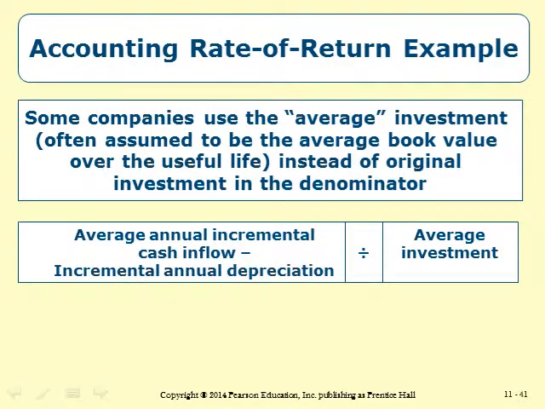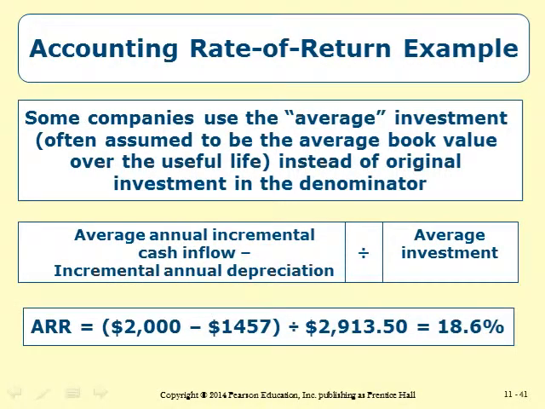So some companies use the average investment, often assumed to be the average book value over the useful life, instead of the original investment in the denominator. The investment committed to the project would decline at a rate of $4,056.75 per year from $5,827 because of depreciation. Hence, the average investment would be the beginning balance plus the ending balance divided by 2,